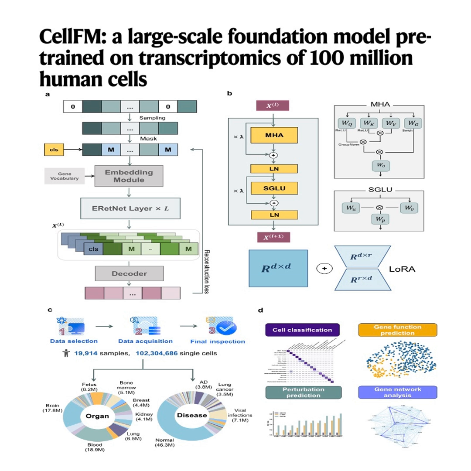But the attention in ERetNet has linear complexity. This is a huge practical advantage. It means CellFM can efficiently learn dependencies between thousands of genes without the computation blowing up. It's what makes training on 100 million cells actually feasible. Linear complexity. That sounds like a key enabler for the scale.